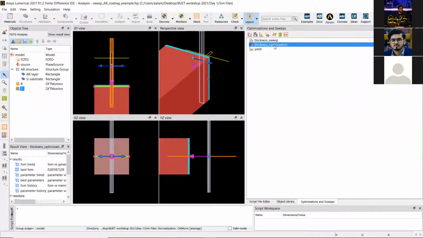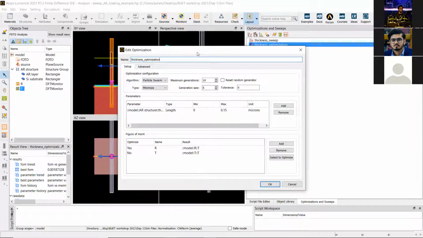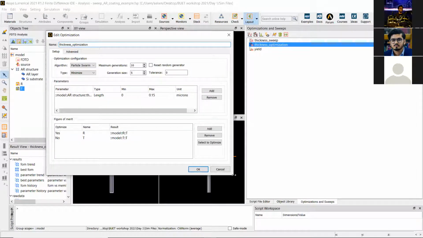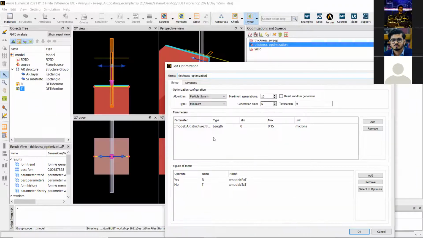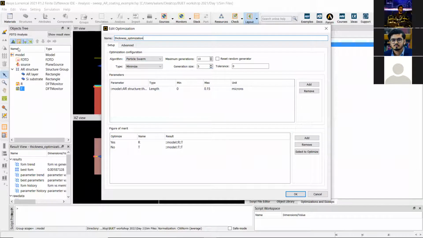And then for more complicated system, when you have lots of different parameters that you need to juggle with, often a parameter sweep is inconvenient. And then there are tools for optimization. So here, I'll just open this one up just to show what's available. So in the optimization algorithm, again, you can define the parameters that you want to change to optimize your design. So in this parameter window, you can add parameters, and then you can look at different objects. So for example, if you want to change the thickness of the anti-reflective coating, again, just to show you how you pick that,